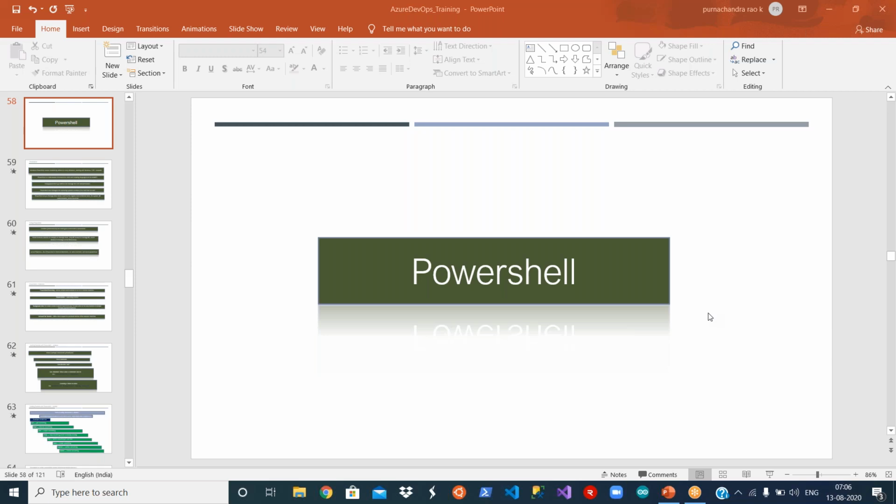Okay. This is also one of the important activities in the DevOps engineer role. Apart from what we are doing, deployments, configuration of release pipelines or build pipelines, and requirements management, etc., sometimes we may also need to use PowerShell. I mean scripting. Most of the time, you have the tasks available to do your work from your build and release pipelines. But sometimes you may need to go